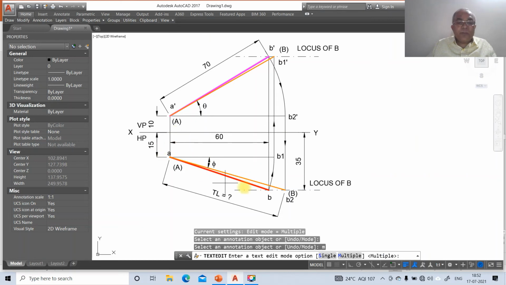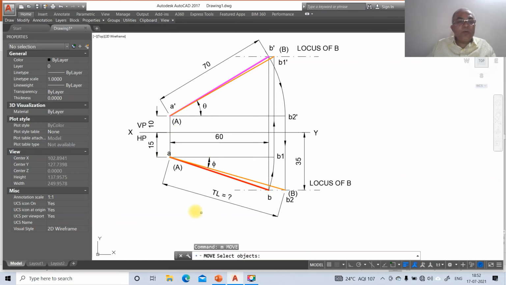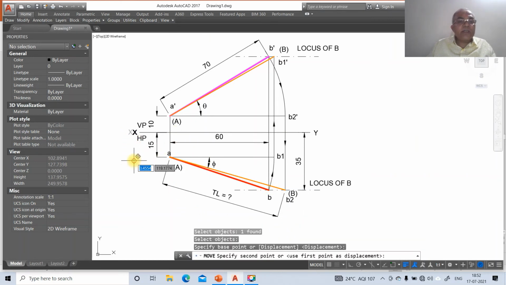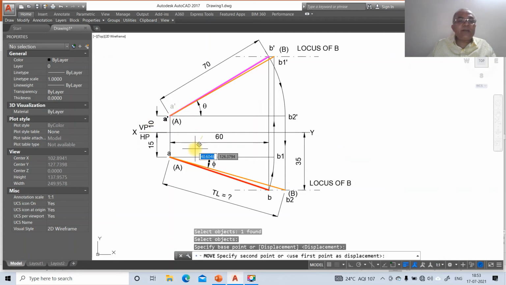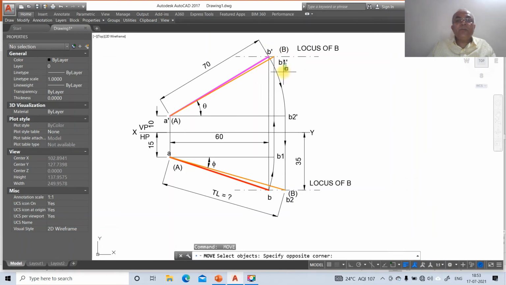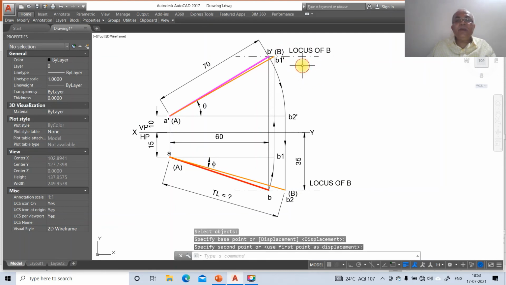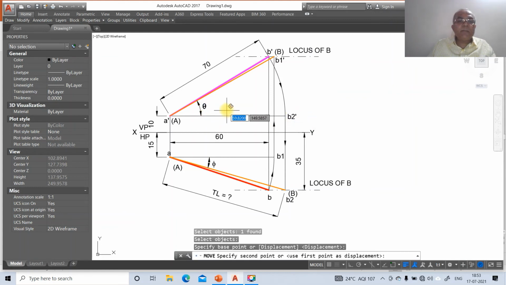Then go to move. So now you just go to move this X, and then here VP, and then HP, then here Y, then here it is A dash, of course here only. Then go to B dash, then you are going to come down to this B1 dash, then this will be capital B, locus of B, then this is B2 dash, and this is theta.